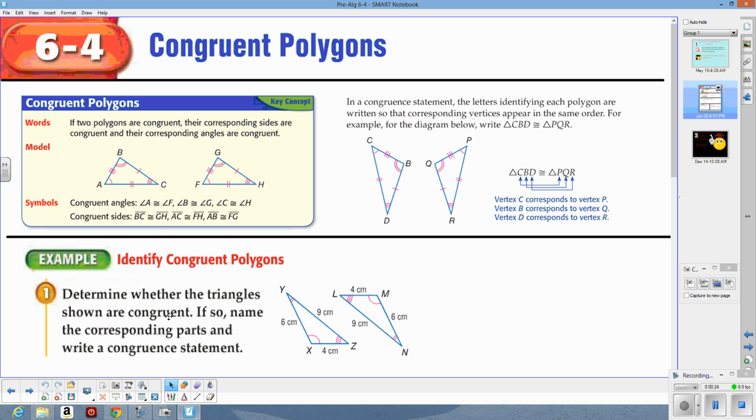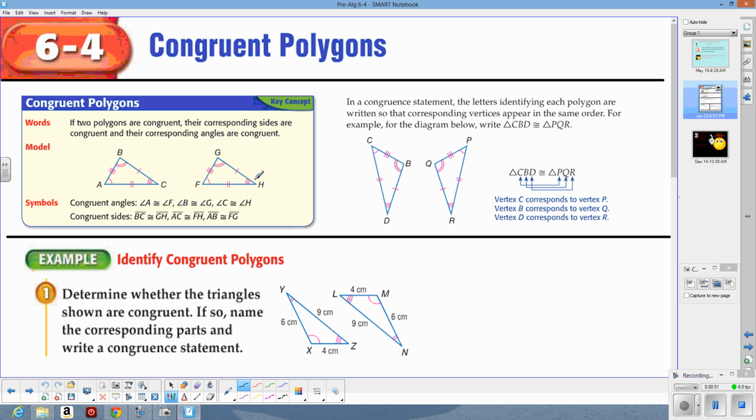One way to show that the sides are congruent is to use these little tick marks. This side is congruent with this side, and this side is congruent with this side. The way to show that the angles are congruent are the arcs in the angles. Angle A is congruent to angle F, angle B is congruent to angle G, and angle C is congruent to